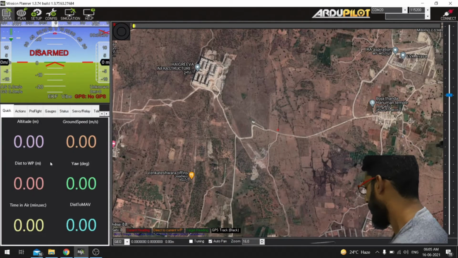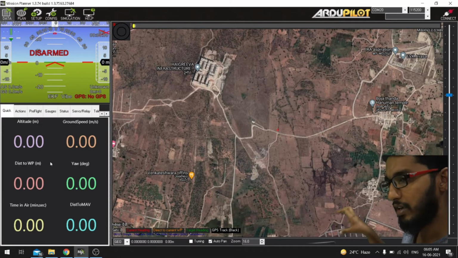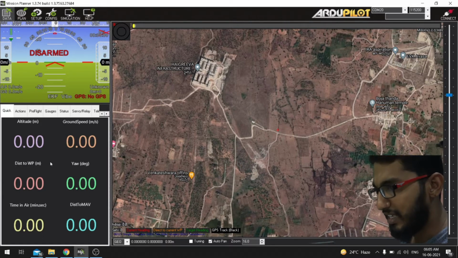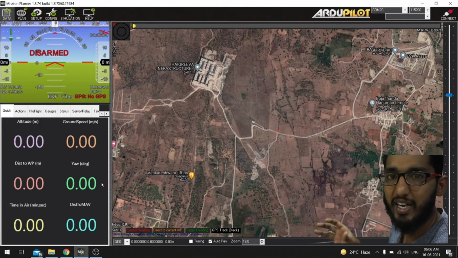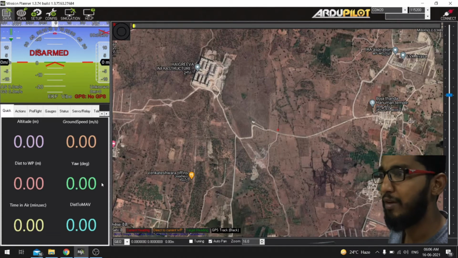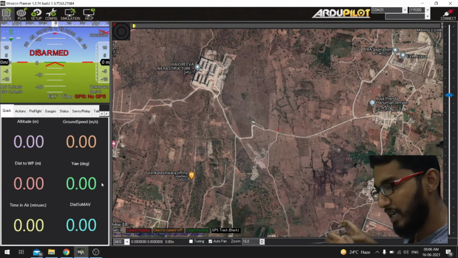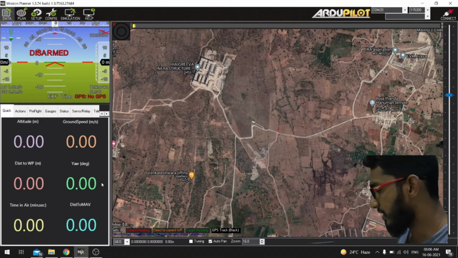In the quick tab, the same features like altitude, speed of the drone, and the location of the drone from the home point, wherever the laptop is kept, can be highlighted in a larger size. In the actions tab you can see similar values: altitude, the speed of the aircraft, the distance of the aircraft from the home point, the distance to reach the next point, and the time of flight in air. All this data can be kept live and visible in a bigger size compared to the HUD display. Some people like it larger, so I like it larger, and I keep my settings here.